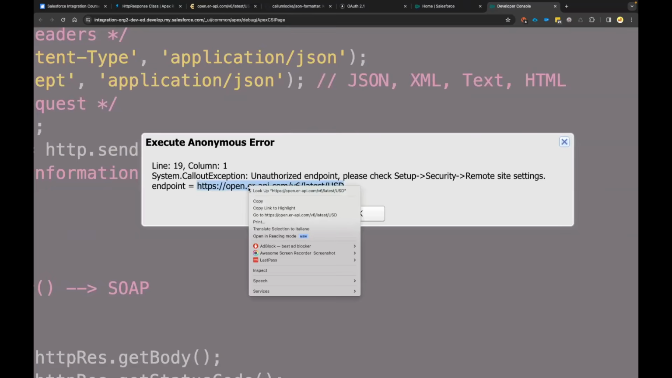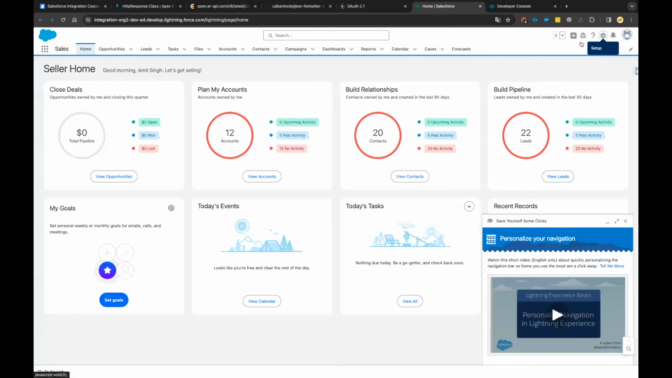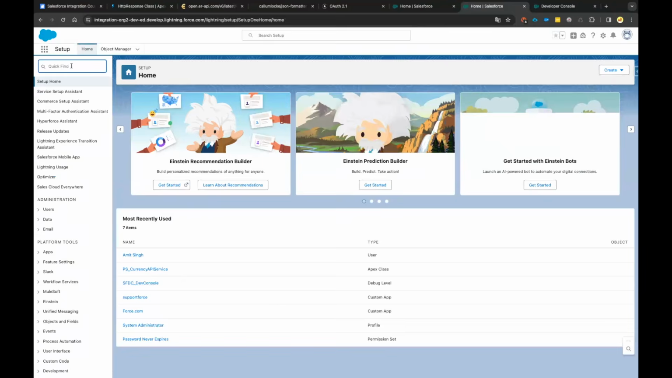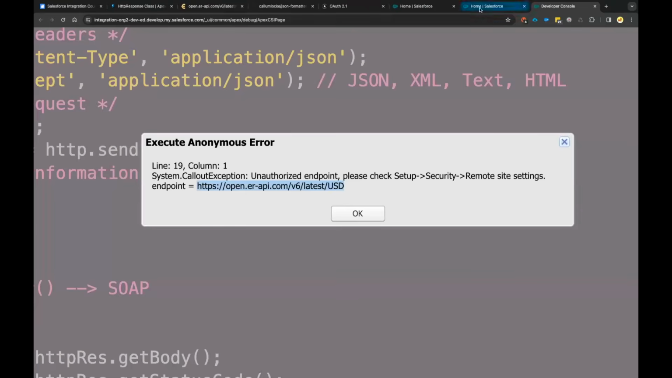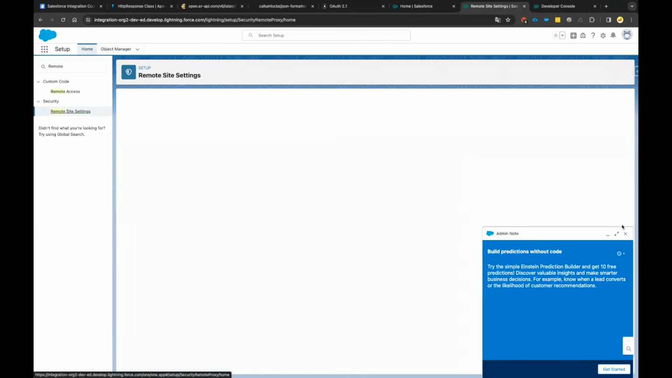Let's first copy this and go to setup. Go to setup, and from the setup, so I think Manjunath, you also got the same error, right? Or you already added the remote site settings? I got the error. I added it. Yep. So you just need to go to remote site settings from the setup, and then